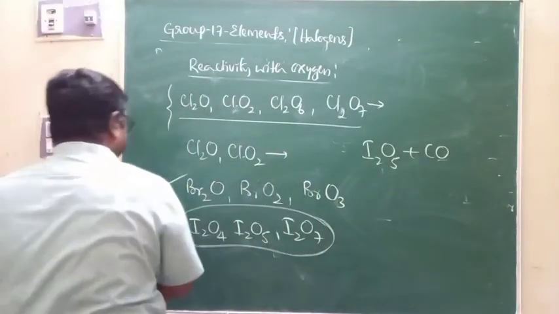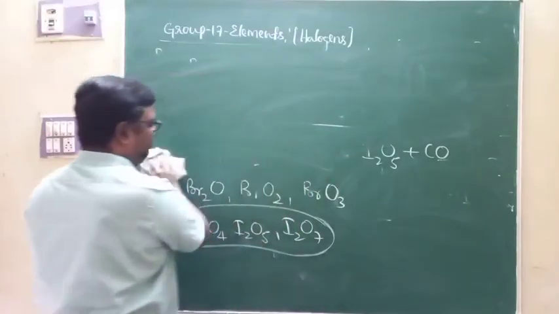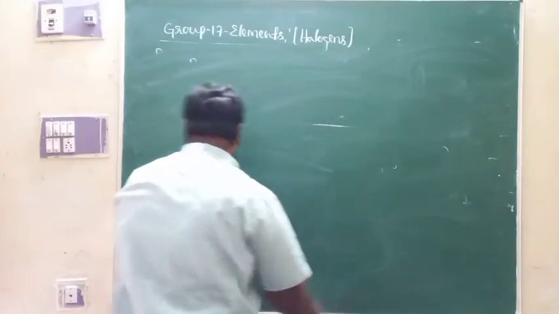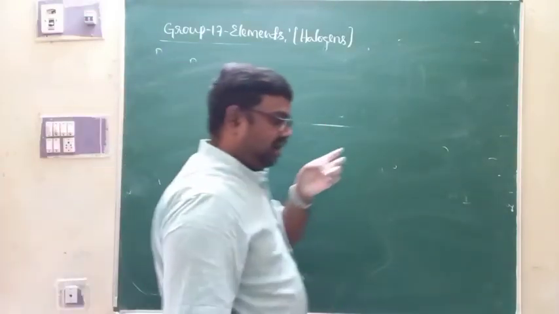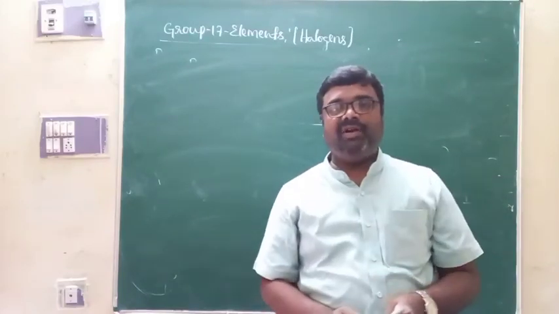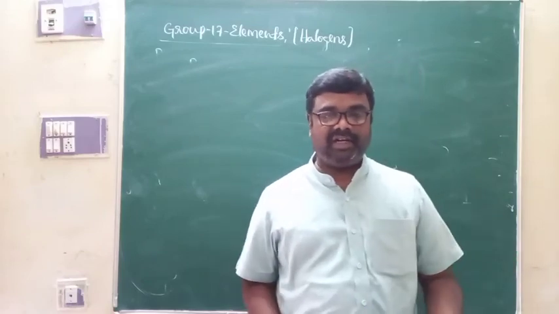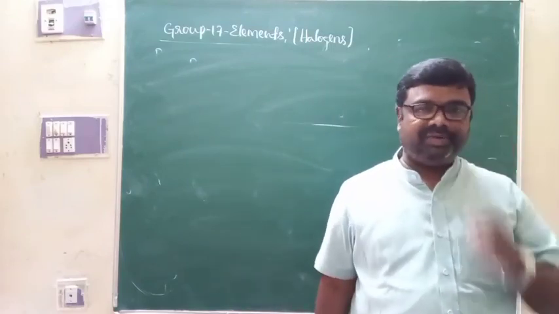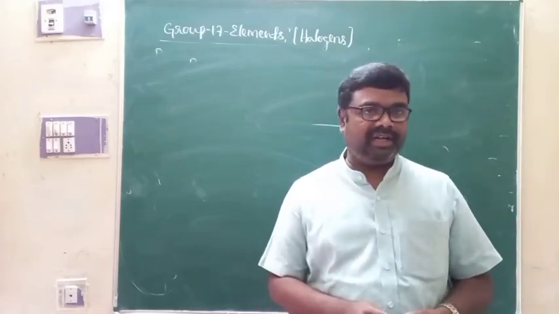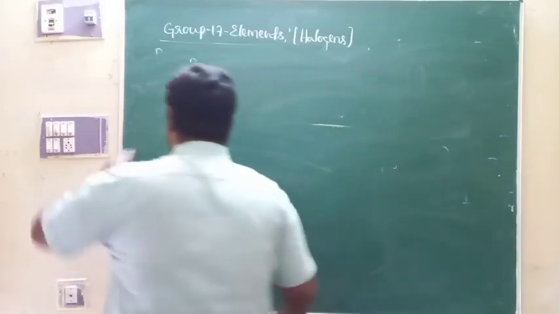In the estimation of carbon monoxide, we make use of this particular iodine pentoxide. So this is what we call reactivity with oxygen, and halogens can form different types of oxides upon reacting with oxygen. Among the oxides, oxides of iodine are more stable than oxides of chlorine. Oxides of chlorine will be more stable than oxides of bromine. I just quoted three factors: the ability to undergo multiple bonding, large electronegativity difference, and of course electron gain enthalpy. Because of these three factors, the stability variation will be like this.